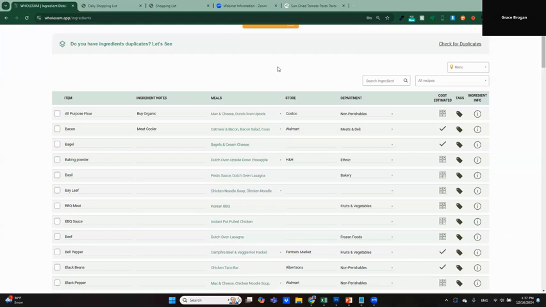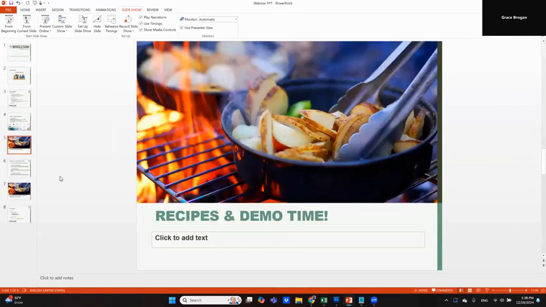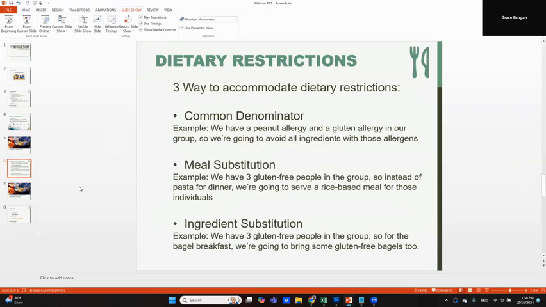Great. I'll keep cruising here. Unless there are other questions that hop up, feel free to interrupt, Grace, if you see something. I did want to spend a little bit of time on dietary restrictions. And we've talked about some of this, so I'll try not to be too repetitive here, but dietary restrictions is one of the most challenging parts of this work, I think, that people are really struggling with, and it keeps increasing in frequency and